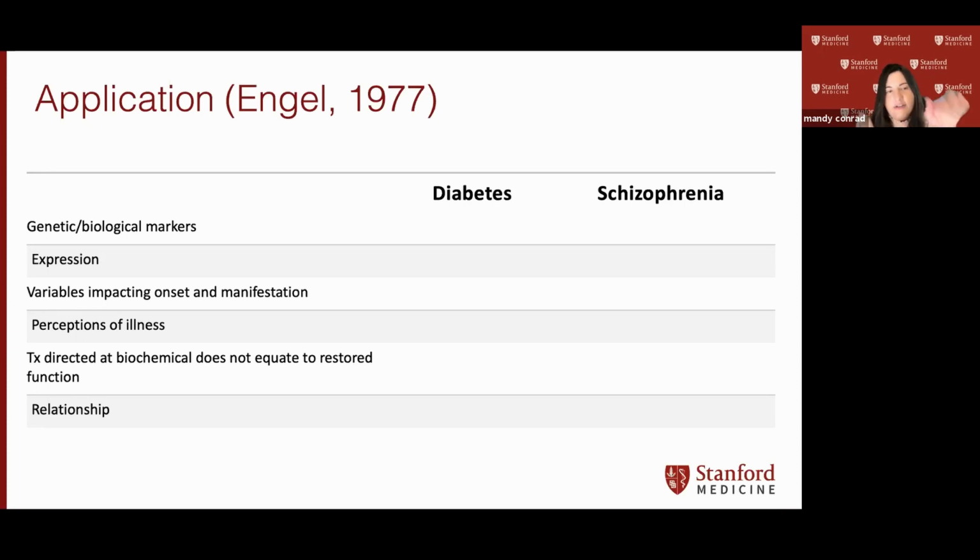And like I said, every example I have here, I will have a very specific one about pain. He said, we have to look at two different types of diseases. One that's considered more somatic in nature, so that's represented with diabetes, and one that's considered more mental or psychiatric in nature, and that was schizophrenia. And so what he argued when he was saying everyone needs to embrace the biopsychosocial model was he said, okay,